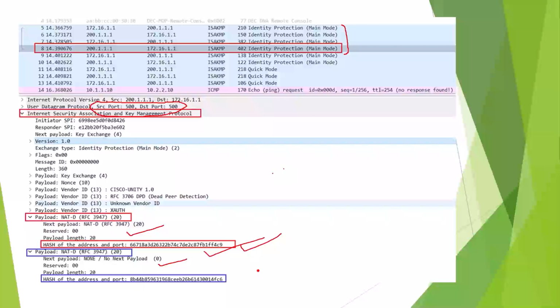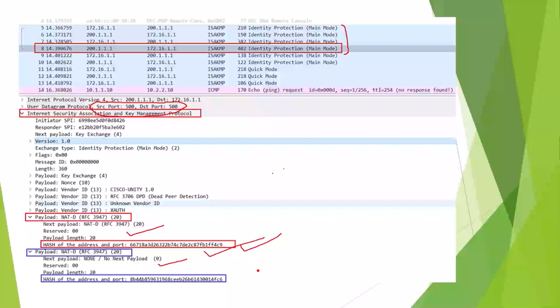Now why is it done? The very simple thing, if these hashes that are exchanged don't change, that means both parties, the sender would send a hash and the receiver would have one hash. Then they would compare the hashes that they have received and what they have already, and compare whether these hash values are the same or not. If these hash values are exactly the same, that means there is no NAT device in between to change those hash values, or nothing is changed in this packet. That means there is no NAT device at all.